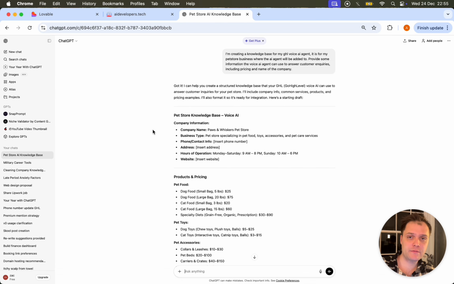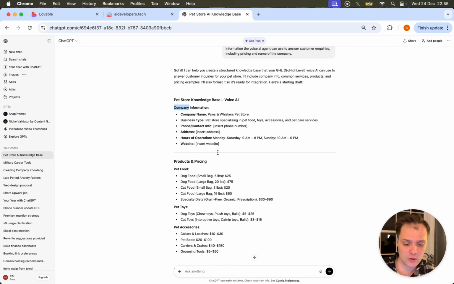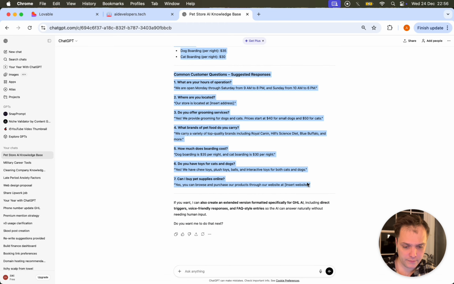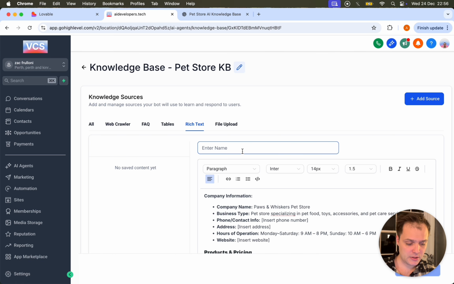So we'll use this information afterwards to actually test our agent and to verify that it's reading this information correctly. So obviously, if you have a business, in your case, you would just provide it the information of your business. But for now, we're just going to go ahead and copy this information and then feed it to our knowledge base here in GoHighLevel, and in this rich text field here,